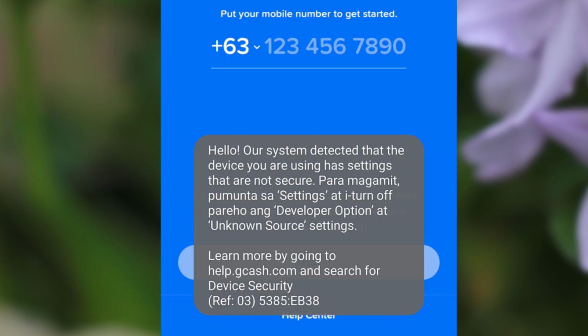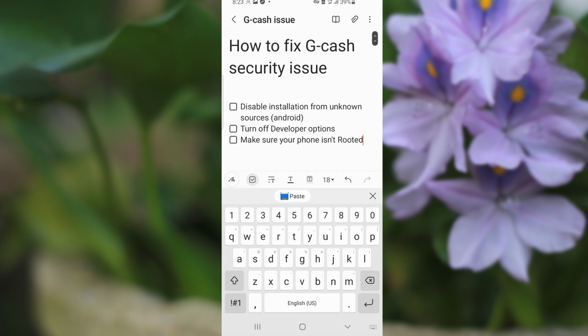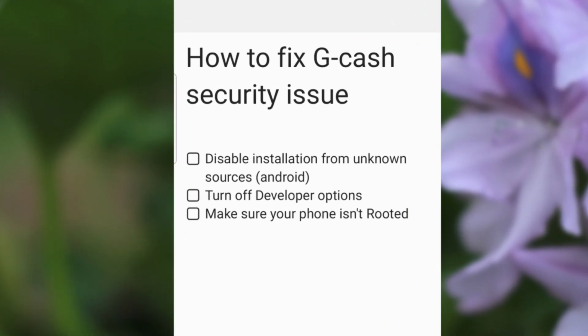In this tutorial, I will guide you on how to fix this message which says, "Hello, our system detected that the device you are using has settings that are not secure." So I'll guide you on how to fix this issue. It is very easy. So the first step in order to fix this issue, make sure you disable installation from